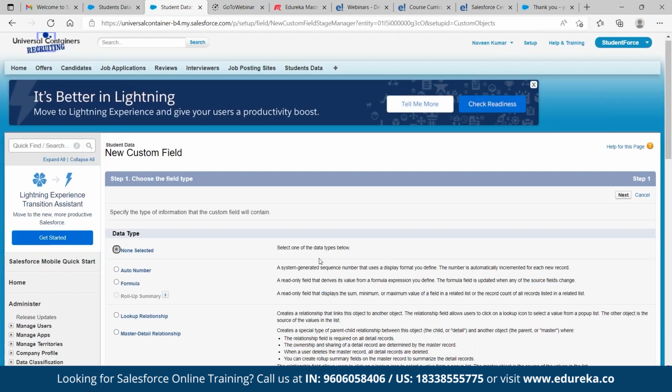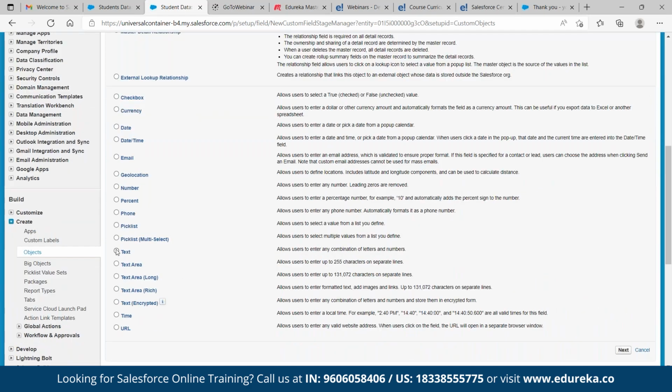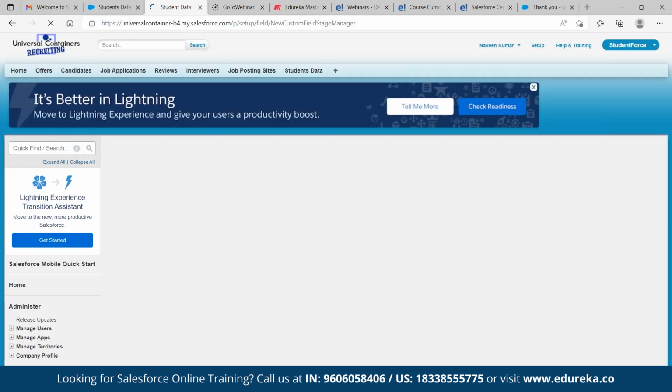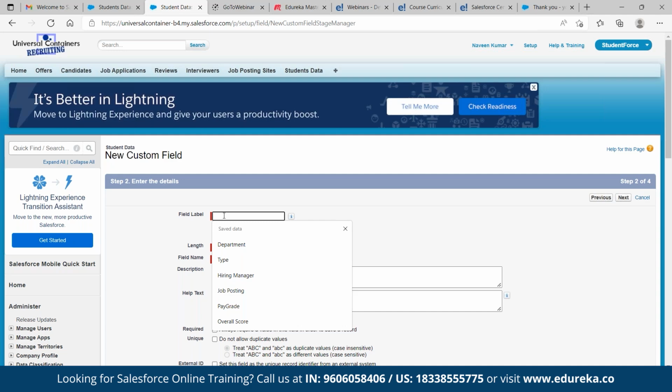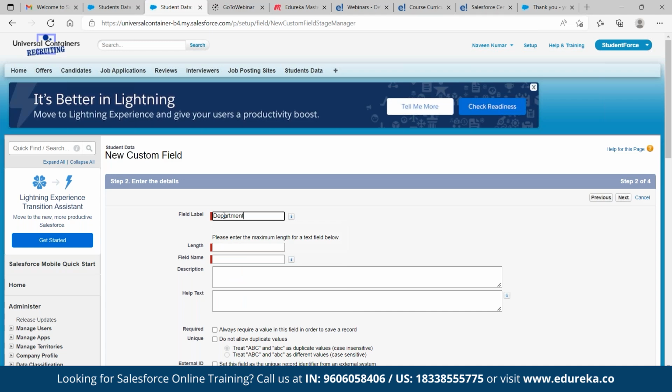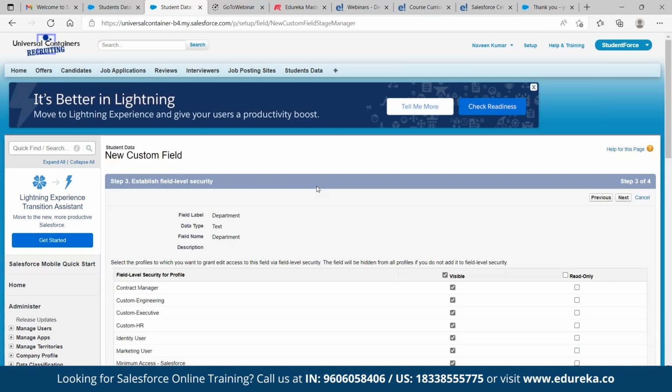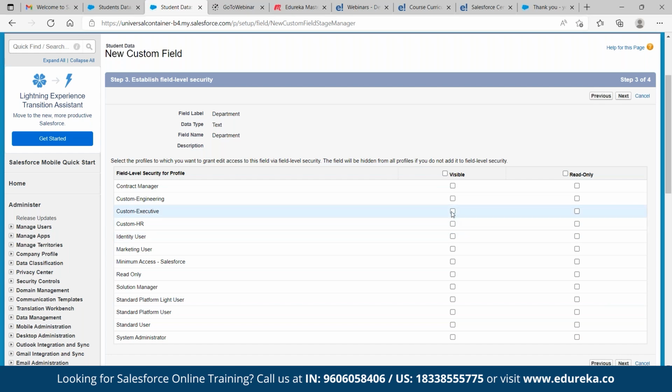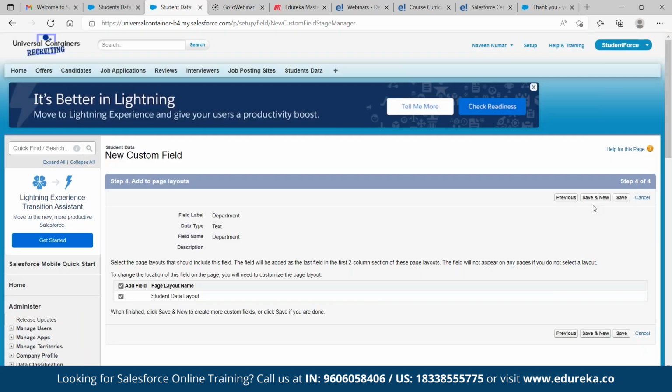And similarly I can create the same for text, and I can provide for department. Okay, let the department also be text. Click on next. The columns I'm creating, custom executive, HR, system administrator. Click on next, and click on